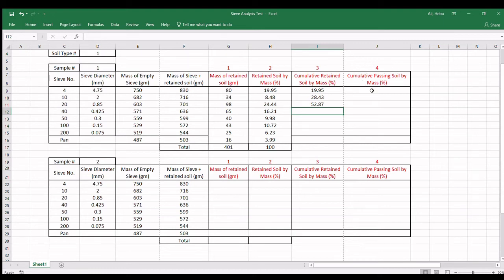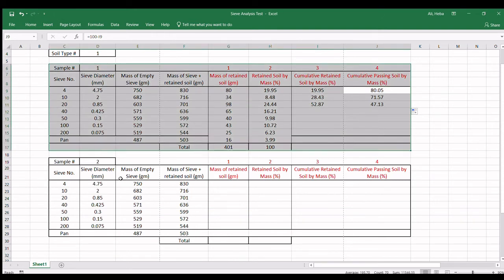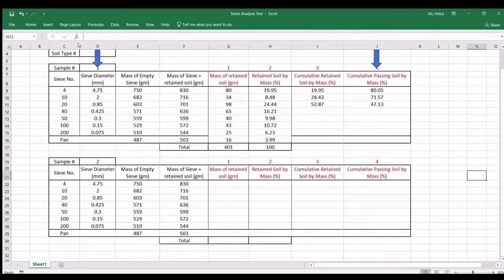Next, we need to calculate the cumulative passing soil, or the percent finer. This can be done by subtracting the cumulative retained soil from 100. We should do this for all of the sieves we have. Afterwards, we should do the same calculation for sample number 2. After finishing our calculations for sample number 1 and sample number 2, we will have our percent finer and sieve diameter,